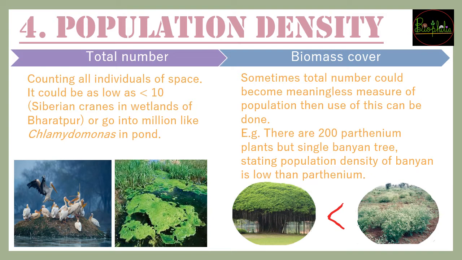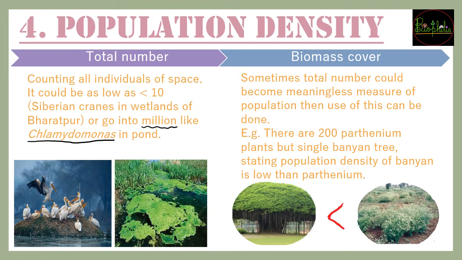So first of all, density maintain करनी है. So you need to count how many people or how many individuals are present. The first method is counting the total number. To count the total number, you need the population to be countable. हो सकता है that you go and try to count क्लेमाइडोमोनास in a pond. क्लेमाइडोमोनास are so small and microscopic that they can go into millions of numbers, and it will be difficult for